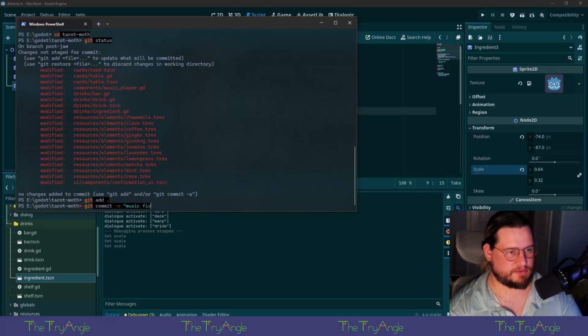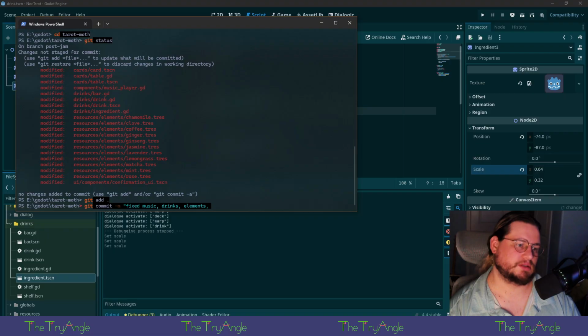Let's see, music fix. How about fixed music, drinks, elements, removed